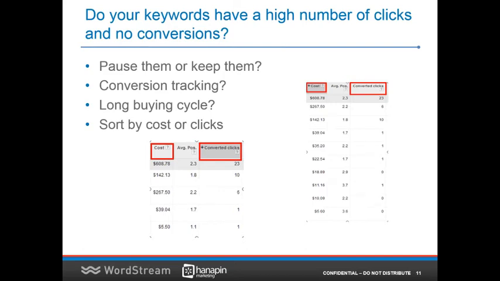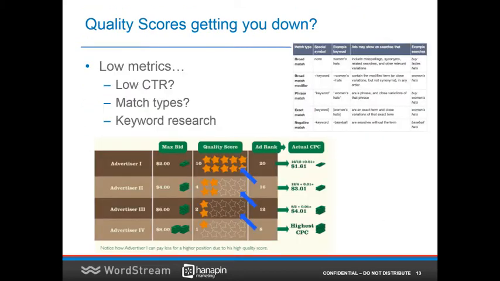And then when you sort, as you can see in the image on the right, look at how much you spent on a keyword, and then look at the amount of conversions it has gained. If these fall within your goal or goals, you're good to go. If it's really far off,